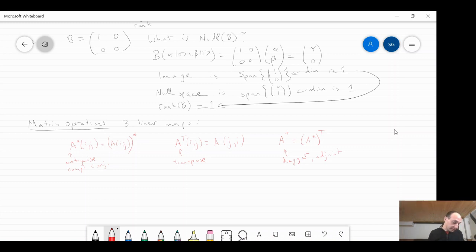Okay, so let me make a note here in terms of properties: if I take (AB) transpose, that just equals B transpose A transpose. You can verify this yourself. In particular, that means that because the adjoint also takes a transpose in there, it's hiding a transpose, you have the same property for the dagger. Ta-da.